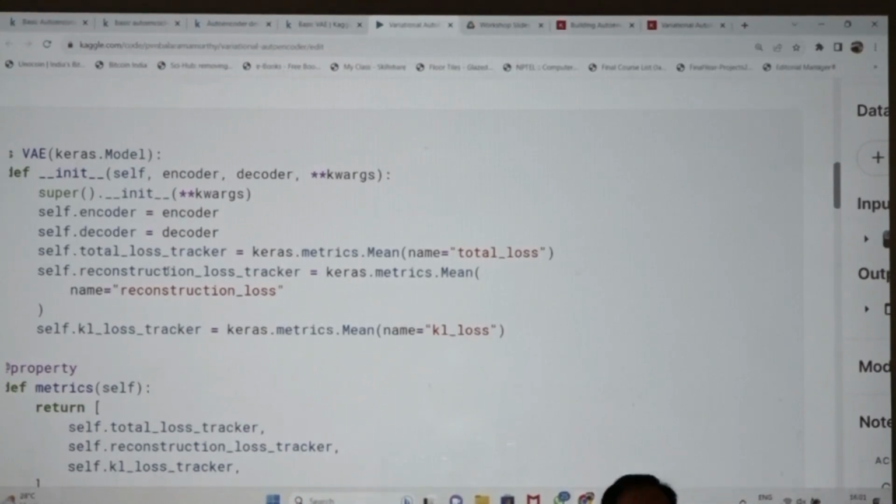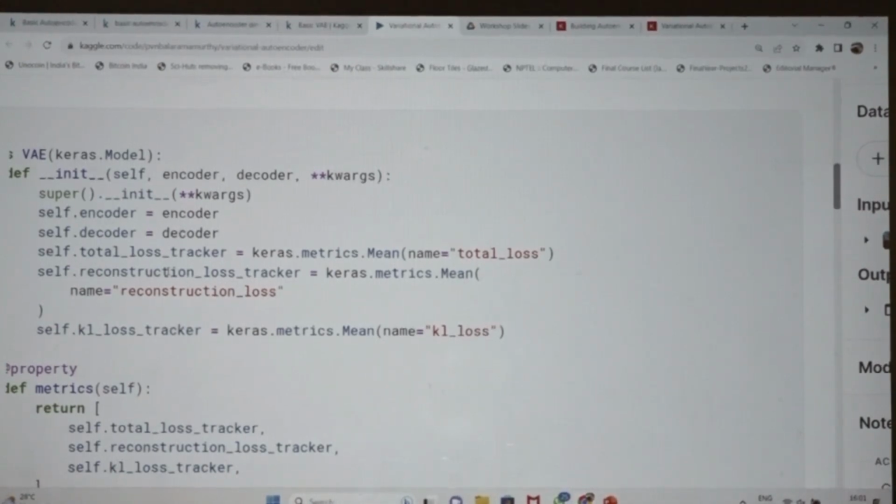In this program, I have given two programs. The basic variational autoencoder, you can find that in my profile. In that one, I defined the loss as a separate method. In another program I used the train step. Both codes are available. You can go through them, and this is working fine. For that we have to tune more.